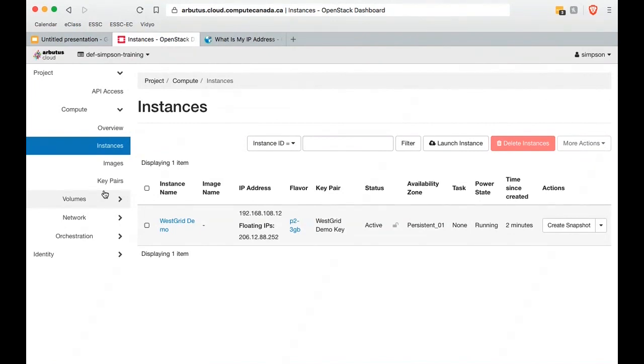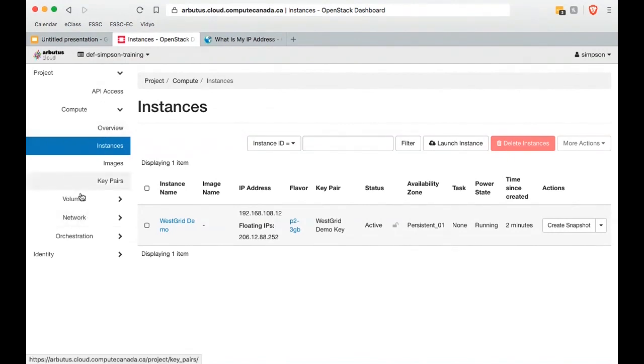So we're going to use a secure shell. That's why we have the secure shell key in order to access this virtual machine. But in order to do that, I need to tell this virtual machine that it's allowed to open the port that's needed to do that. And I'm going to do that down here in the network panel.